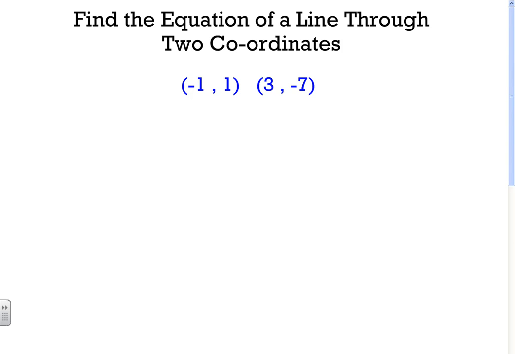You've been asked to find the equation of a line which goes through two given coordinates, -1, 1 and 3, -7. Now, as soon as you're asked to do anything to do with straight lines, you should remember that y equals mx plus c, where m is your gradient and c is your y-intercept. These are the two components that you need to find from the two coordinates you've been given. So if we start off with finding out what m is